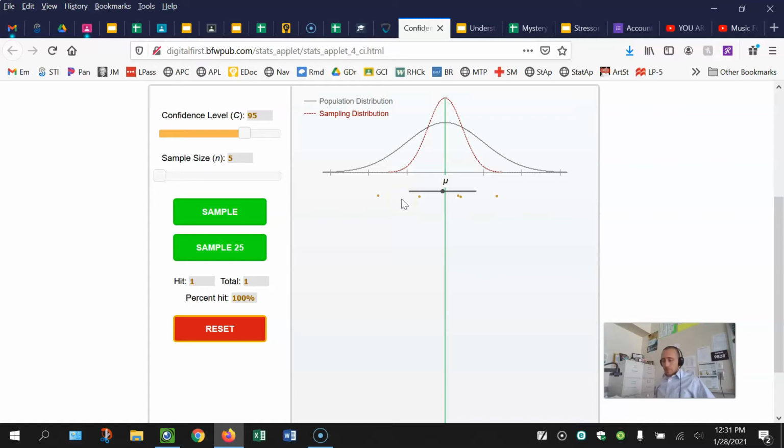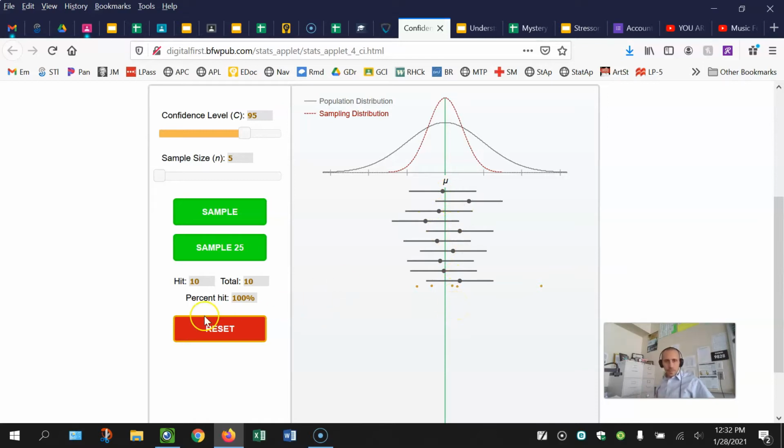My first question says, did the confidence interval capture the mean? Yes, it did. It captured that green line. If I repeat this 10 times, how many of the intervals capture the true mean? 10 out of 10, 100%. Every single one. The green line goes through all of my confidence intervals. You can see the sampling variability from point estimate to point estimate.